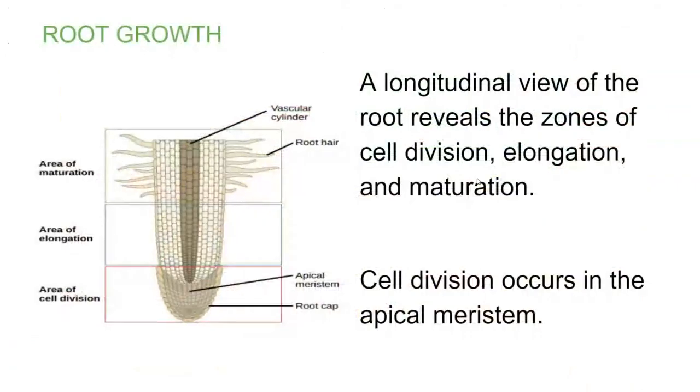Now, let's look at what a root is. Well, a root, its main purpose is to absorb water and nutrients and minerals. So it's going to be structured that way. The point of a root is to have as much surface area as possible. So on the epidermis, or the dermal layer of the root, they're going to have these root hair cells. These are single cells that have these large projections, and the only thing that those do is increase surface area